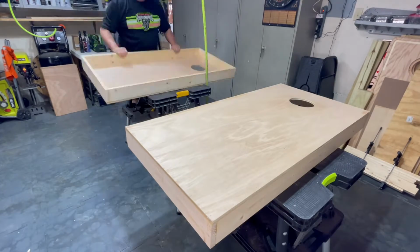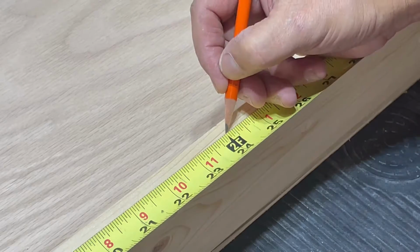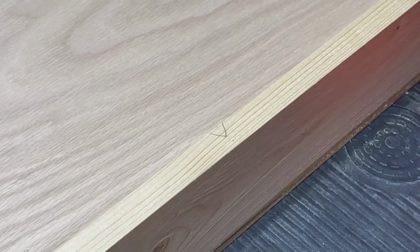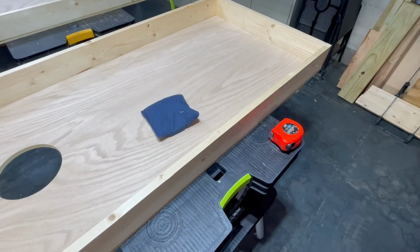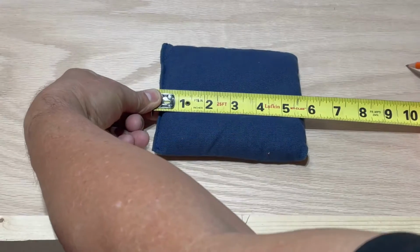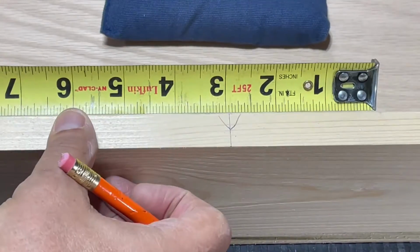I flip the board over and decide to install cornhole cubbies underneath. I measure the center of the long side, which is exactly 2 feet, and I make a mark. I then place a cornhole bag to the center of that mark. Next, I take a quick measurement of the cornhole bag and decide that 6 inches is slightly larger than the